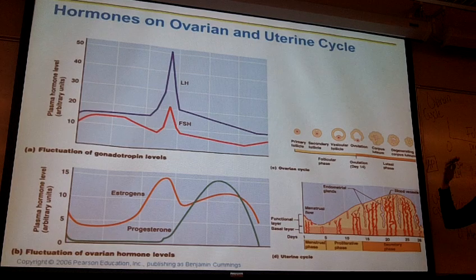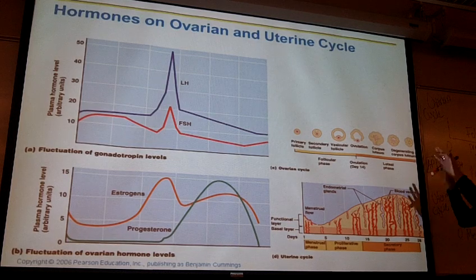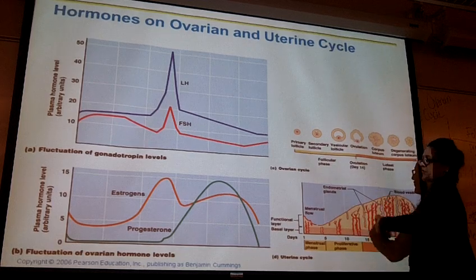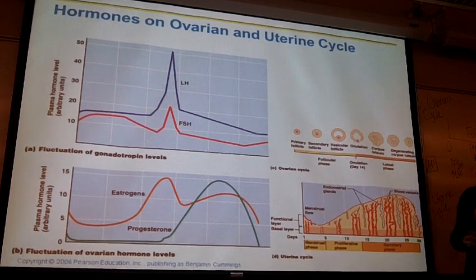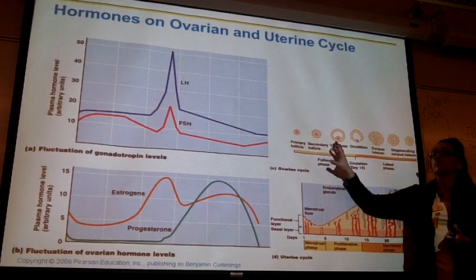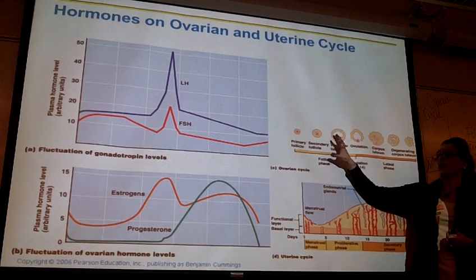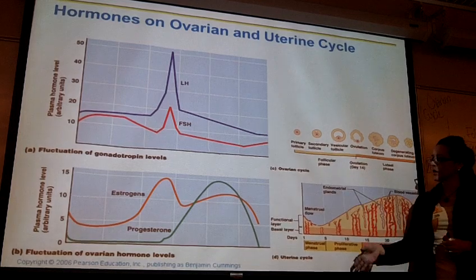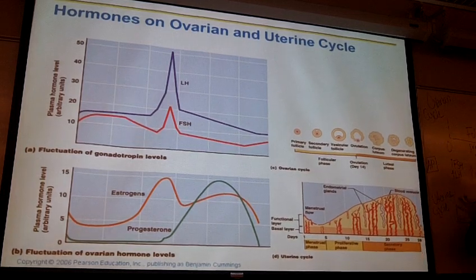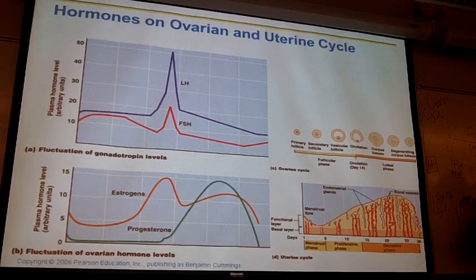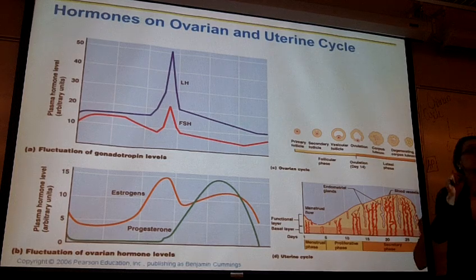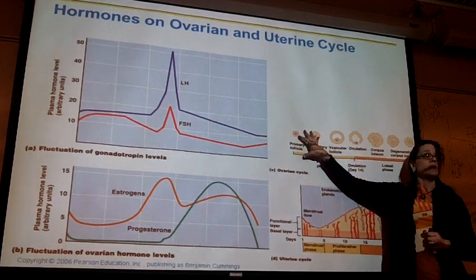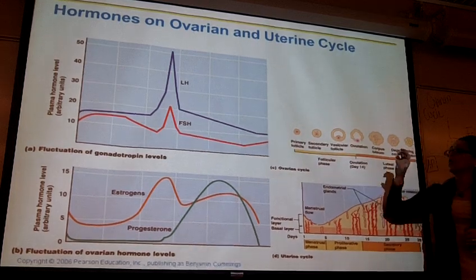Once you're done studying this material, you should be able to look at this slide and match these different phases up. You should be able to say, at the end of the follicular phase in the ovary, what's going on down in the uterus. And you should be really comfortable lining these up. Again, the key thing to remember is the anterior pituitary hormones are influencing the ovarian cycle. The hormones that